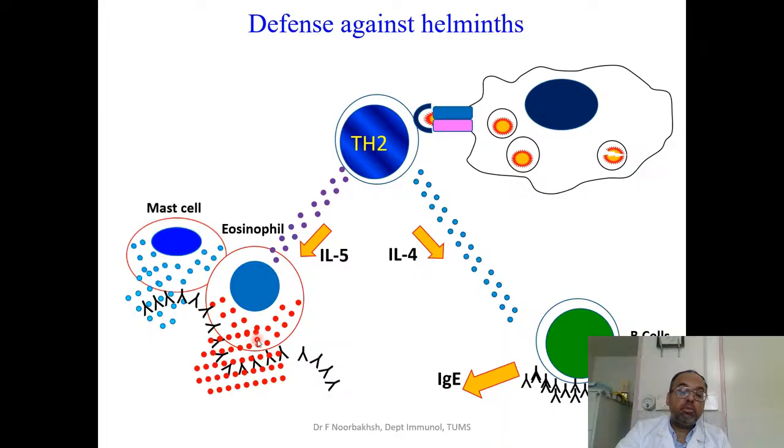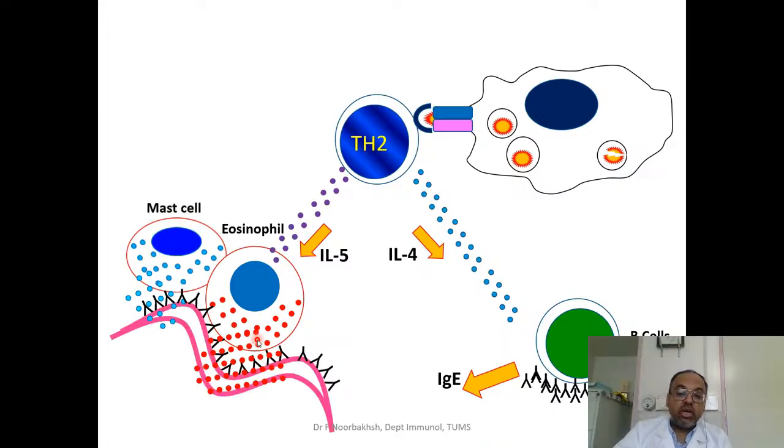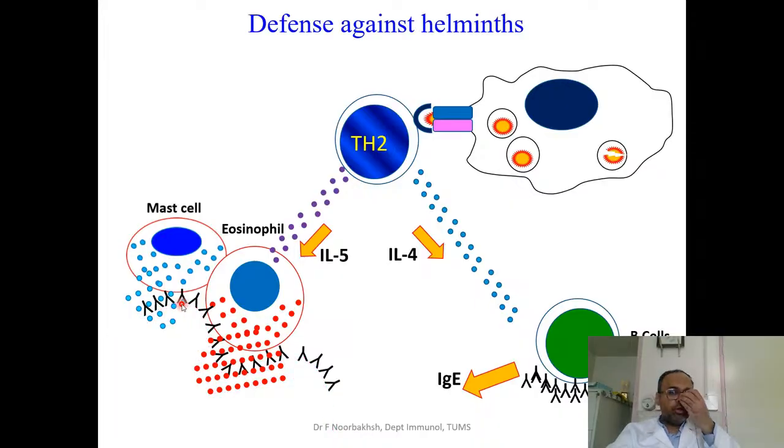Keeping in mind that, as I mentioned in the previous class, if it's a worm which is inside tissues, the role of the eosinophils is more important. If it's a worm that is inside the gastrointestinal lumen, the role of the mast cells would be more important. Histamine and other mediators from mast cells would make smooth muscles in the gastrointestinal tract to contract so that the worm is dislodged from its location. They will increase the production of mucus. That's another way to dislodge the worm. And sort of the responsibilities are divided between eosinophils and mast cells. All right. So this shows us the picture for defense against pathogens outside of the cells.